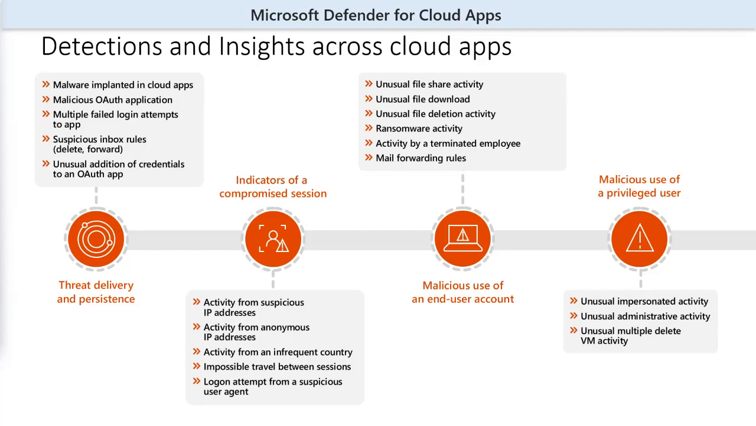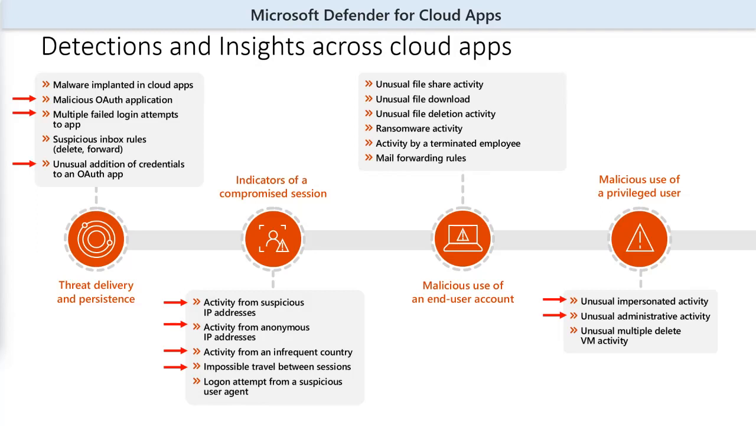SaaS protection with the SSPM. But what I want to call out today is the threat protection capabilities of Defender for Cloud Apps. You can see here a lot of detections that are built in with the product, but I'm just calling out a few that are very specific to the attack that we're seeing with OAuth applications. So when you look at alerts or detections that we made available through Defender for Cloud Apps that are looking for a malicious OAuth application, or multiple failed login attempts to an app, or unusual addition of credentials to an OAuth app,